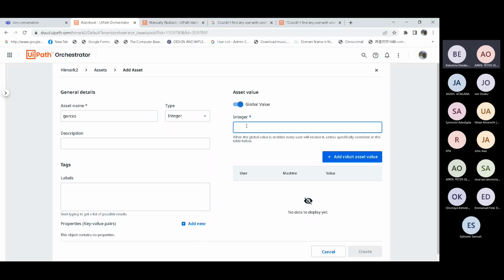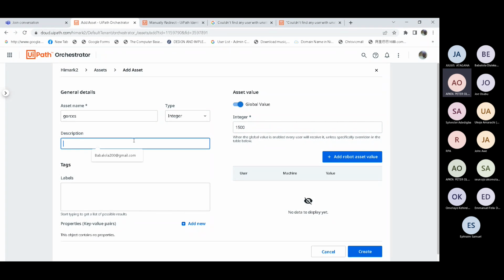You can also describe the asset, giving a description on the orchestrator.